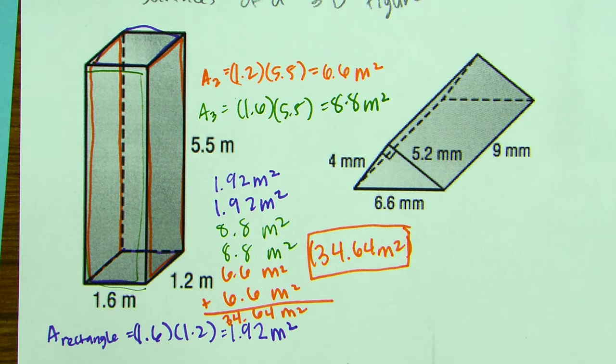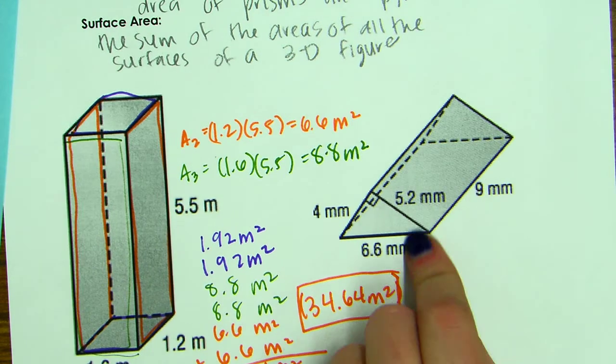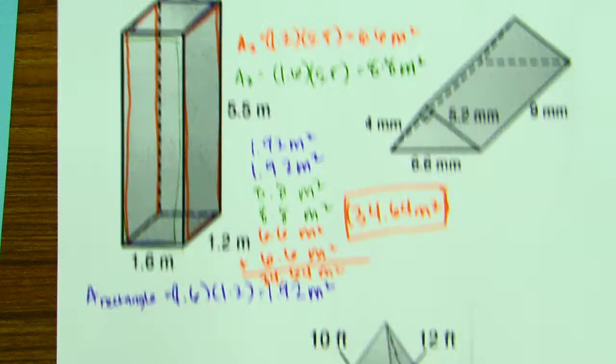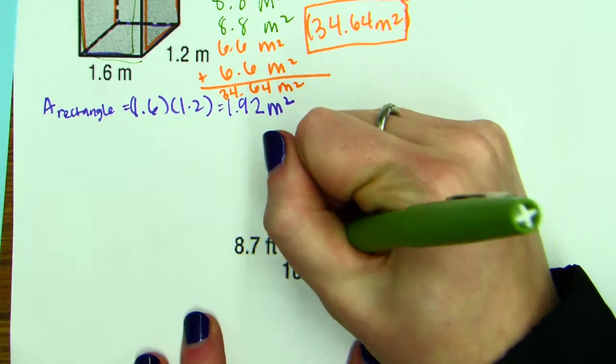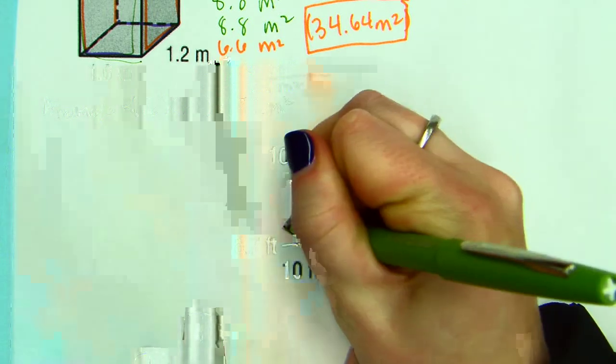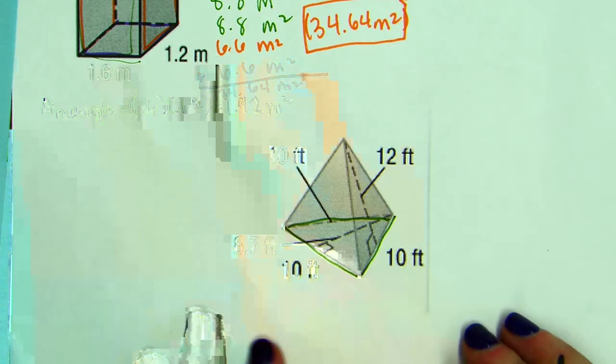I'm going to do this pyramid one with you guys on the bottom, and then I'm going to have you guys submit the surface area for this prism as your answer for this video. So again, we just find the area of all the sides and then add them together. So this side down here, the base of this pyramid is a triangle. And remember, the formula for area of a triangle,